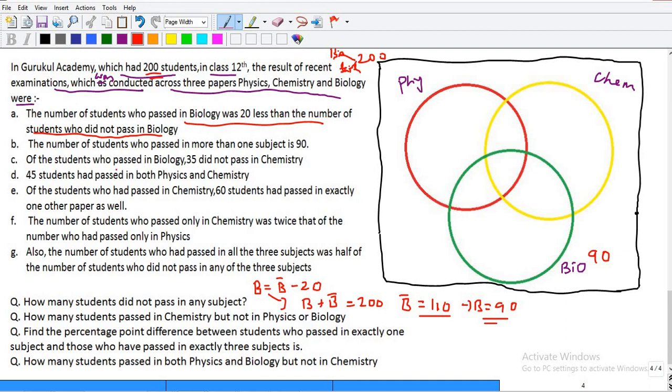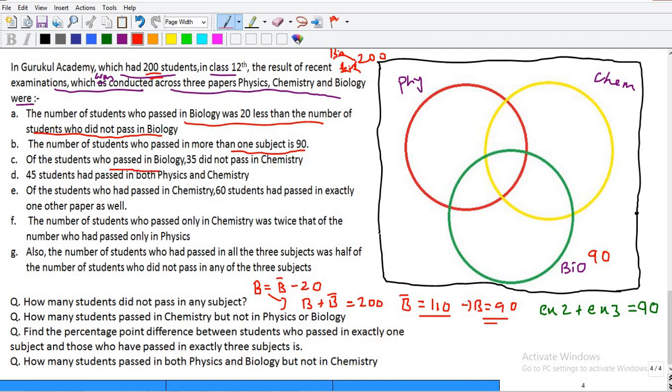Now let's proceed further. It says the number of students who passed in more than one subject is equal to 90. So I can say passed in more than one subject is exactly 2 subjects or exactly 3 subjects, and this number is given to me as 90. Now